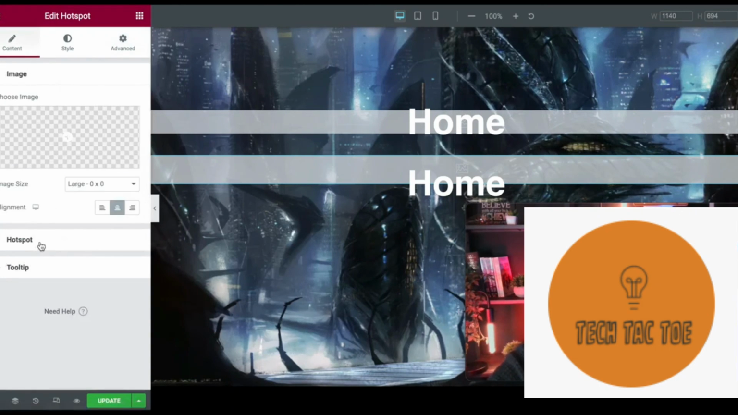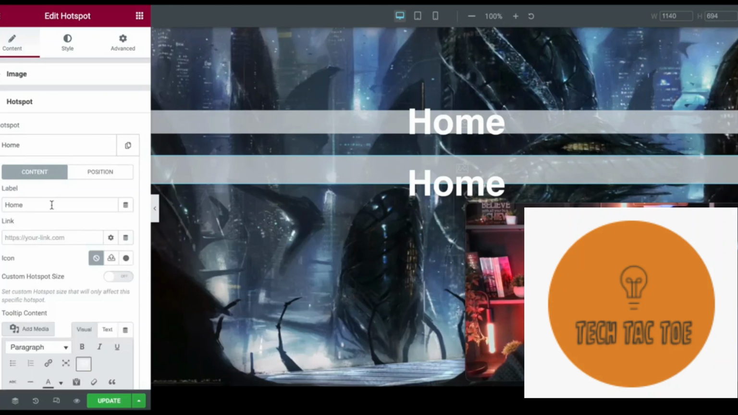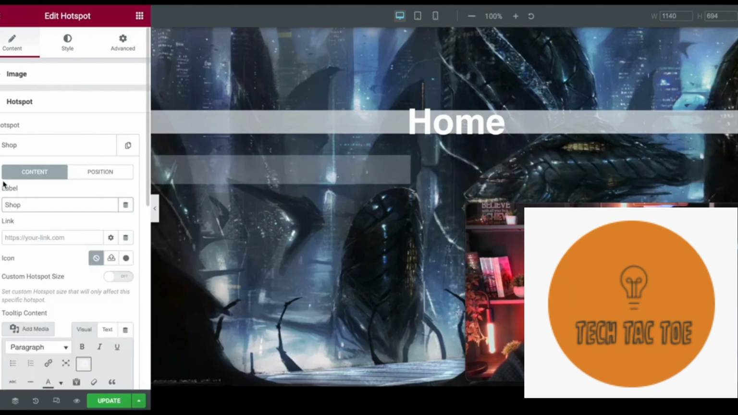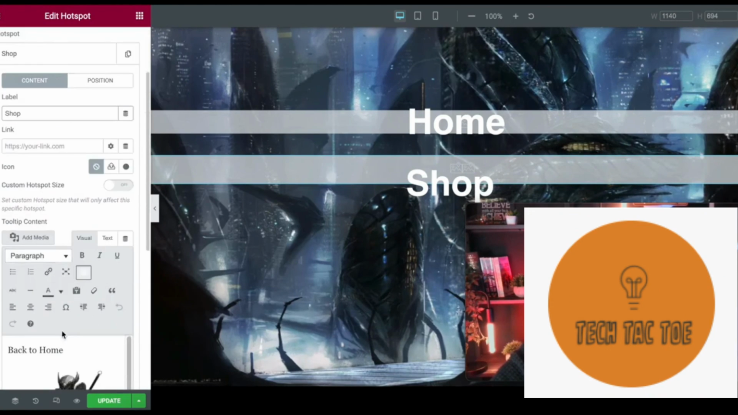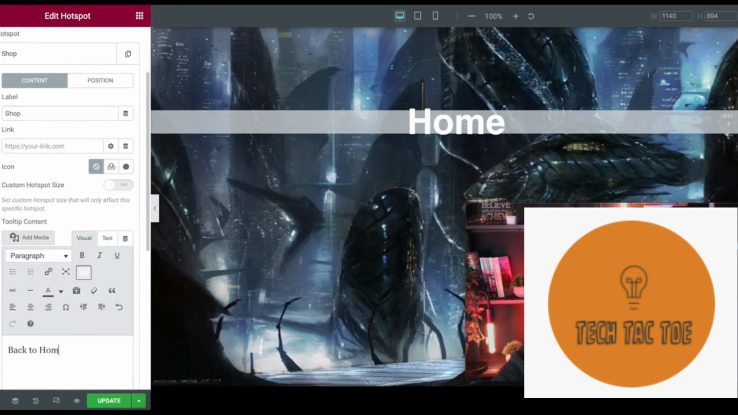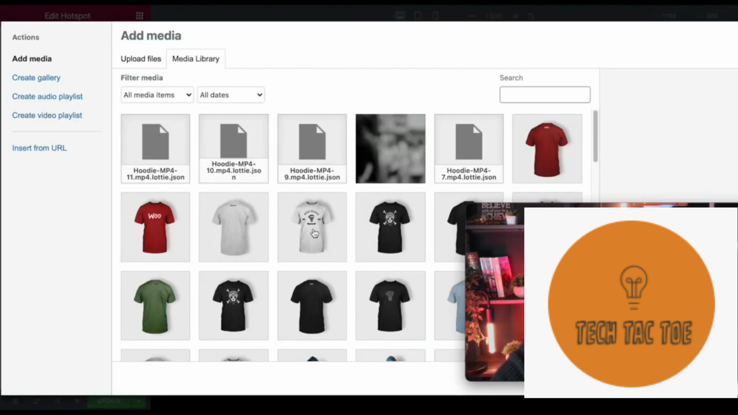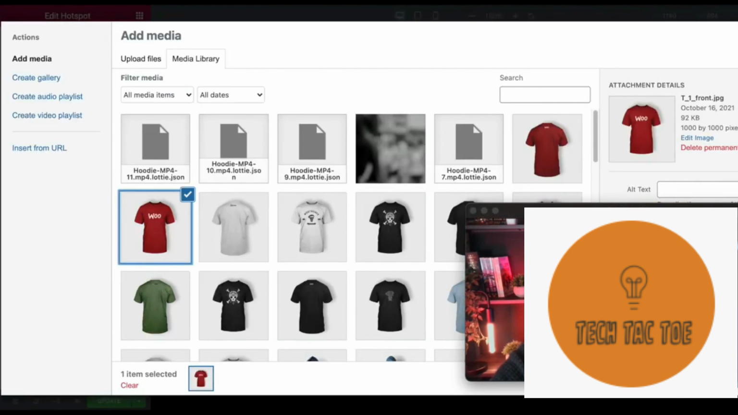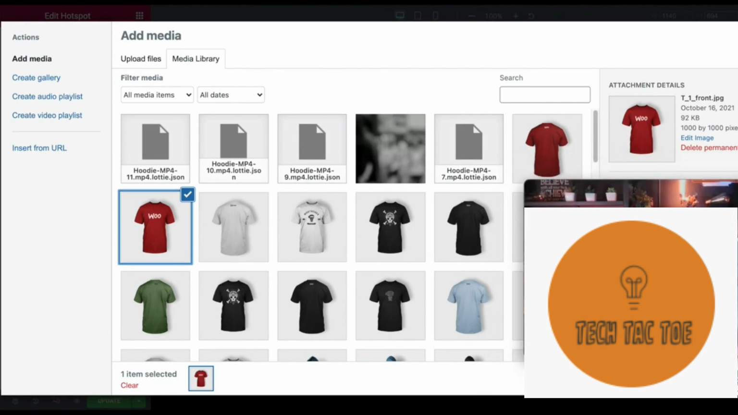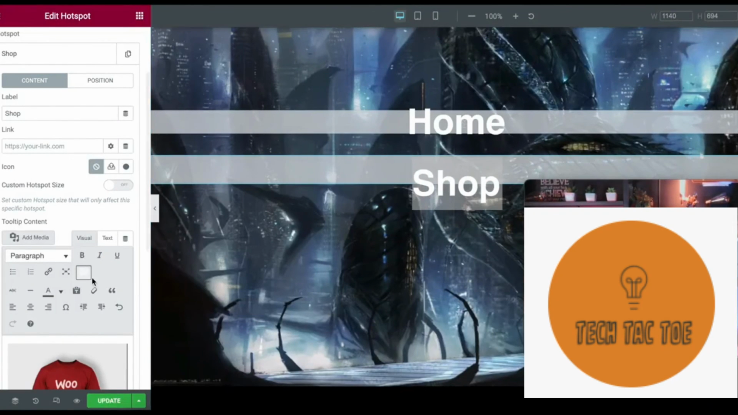Let's go into this hotspot. Okay, and we're going to change this to now be called shop, for instance. And when I scroll down to the content, I'm going to get rid of all the content we have here at the moment, and I'm going to add in a completely different image. I'll add in this t-shirt, for instance. We're now going to do a shop, like so. Okay, so that's